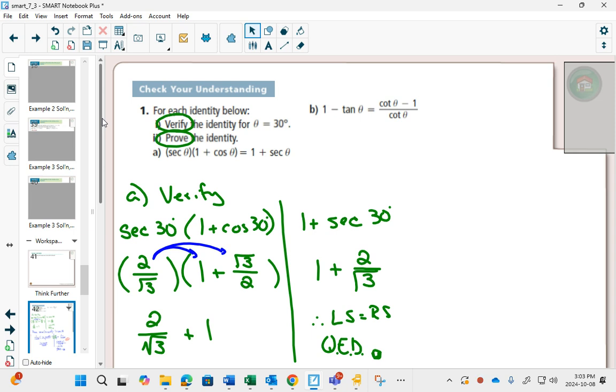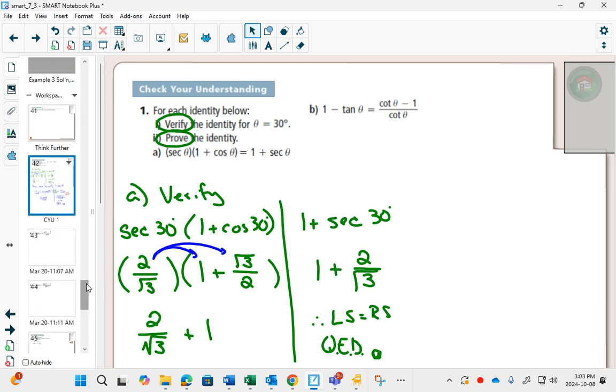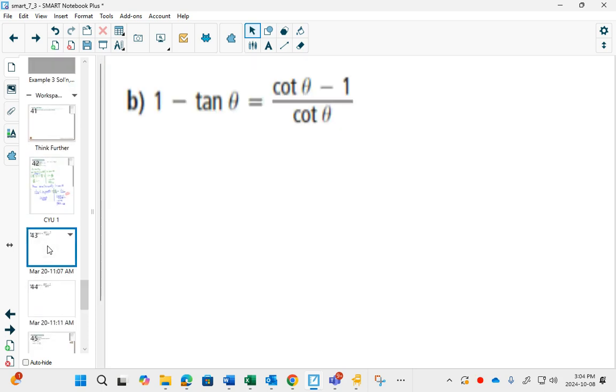So for the second one, we're just going to do the proof. We're going to do the proof in two different ways, because even though the main strategy of changing to sine theta and cos theta is very good, it's not always the best strategy for a proof. That's one of the things that makes proofs really fun: you can solve it one way, and then wonder if you could do it a different way, and see if you can. So I'm going to show you the proof for this one in two different ways. First,